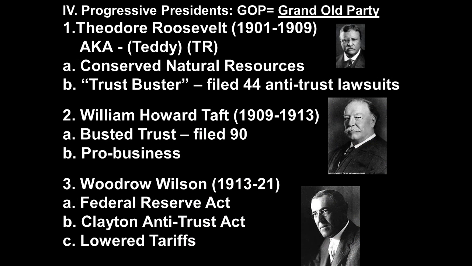All right, so here's a quick summary of how different members of various political parties, when they became president, put through progressive ideas. So you'll notice that both parties are involved here. It's not like both parties didn't have progressive wings at the time that had a lot of power. All right, so Theodore Roosevelt from 1901 to 1909, a.k.a. Teddy. He actually didn't like that nickname, by the way. He was a conservator of natural resources. He established a lot of national parks that still exist today.